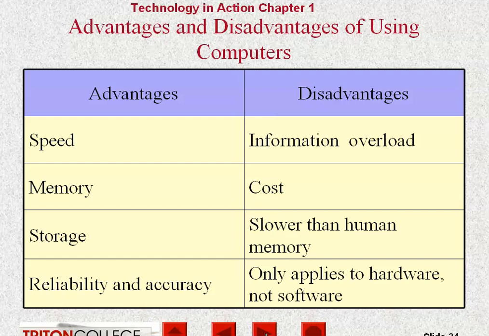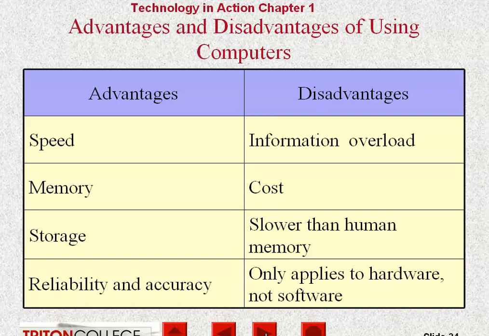Memory. The ability to use digital technology to supplement our memory, help us remember things, make lists of things. We can quickly look up on our phone a person's name, their address, their phone number, their email. Really kind of neat, kind of cool. Storage. Storage is getting better and better. The amount of information we can store on our phones is phenomenal. And along with that, I find myself constantly surprised by my kids' ability to fill up their phone storage with just amazing amounts of what I consider garbage. They don't even realize that they're doing it, and then they have to go through and start deleting stuff.